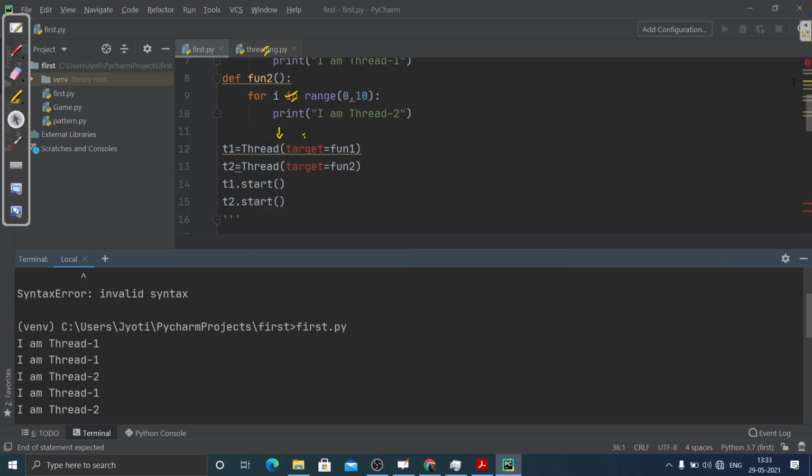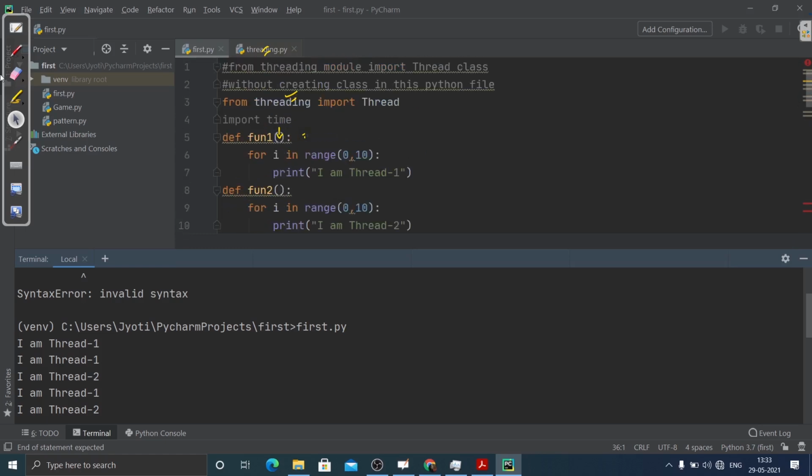If I don't use any concept of thread, then we used to just call this function, that is fun1, and it would just print I'm thread 1 10 times, and then if I call fun2 normally, it will just print I am thread 2 10 times, and it will be executed one after another. It will not interrupt each other, or be one line of this code and then one line of that code. It will work one by one, that's the basic motive.